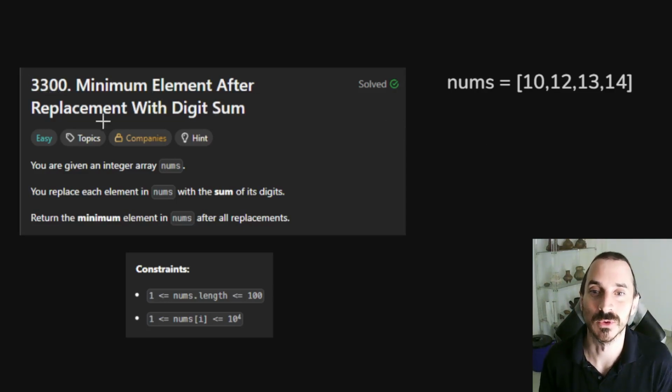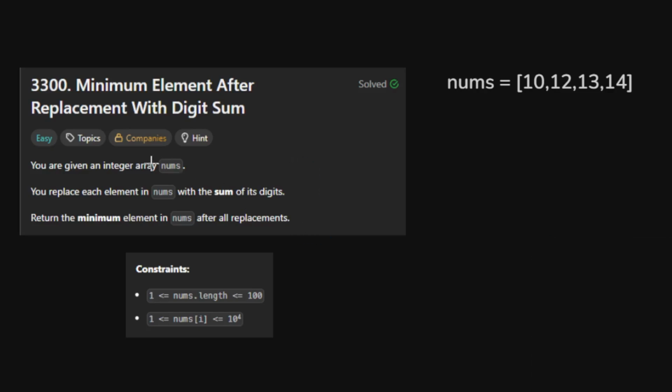Minimum element after replacement with digit sum. This is an easy problem, so next I will show you my thought process and efficient solution. The description is simple. We are given an integer array nums. We have to replace each element with the sum of its digits and then return the minimum element after all